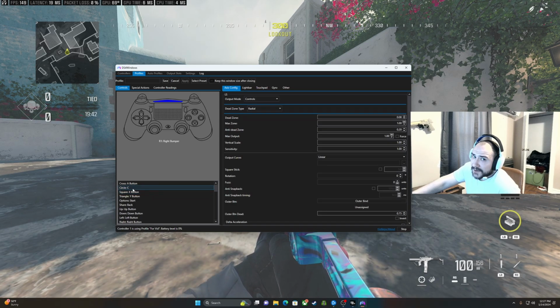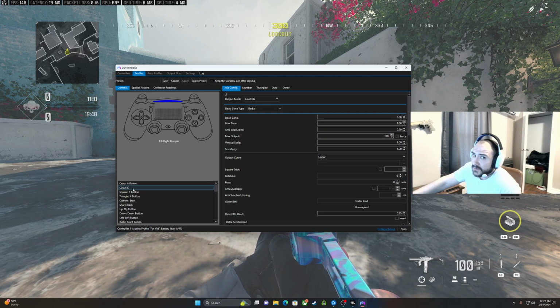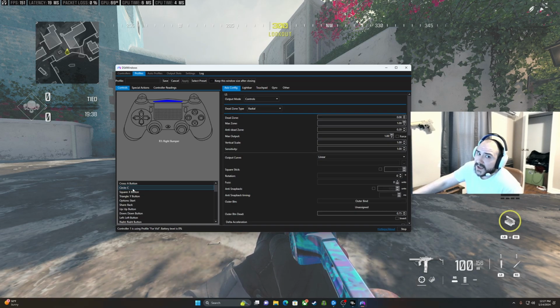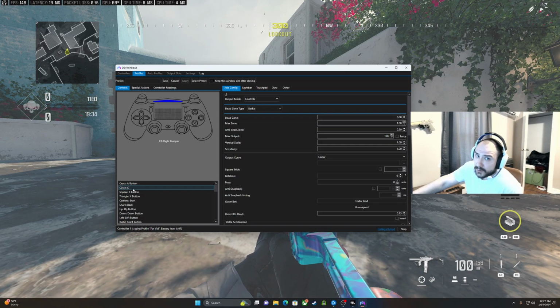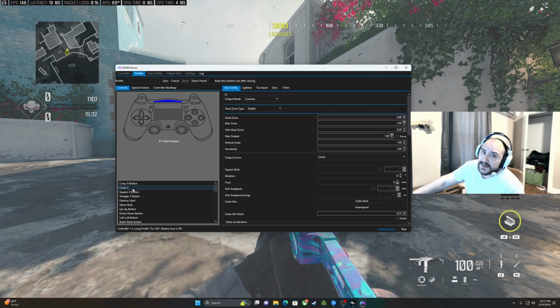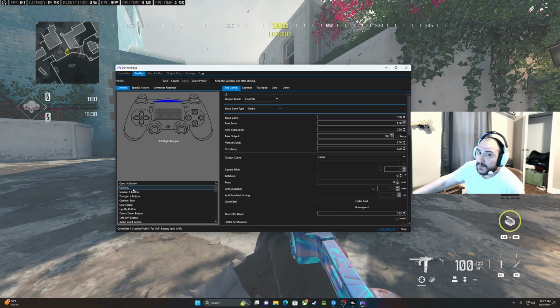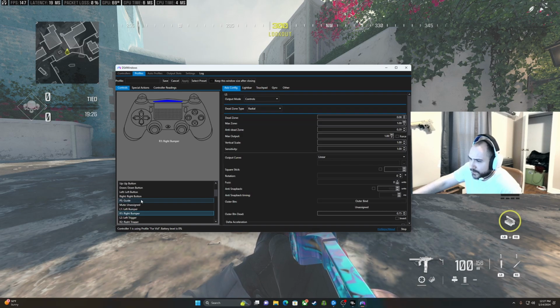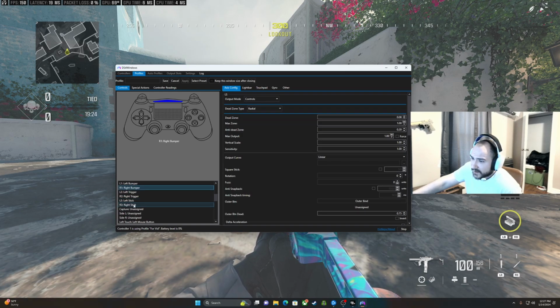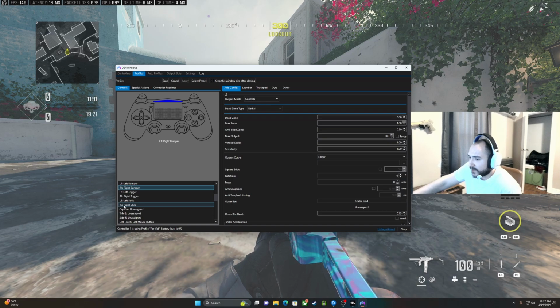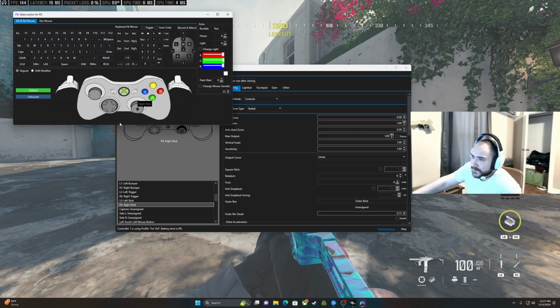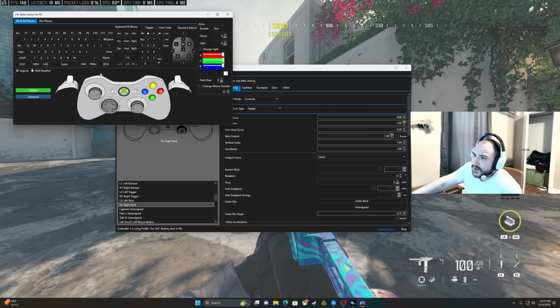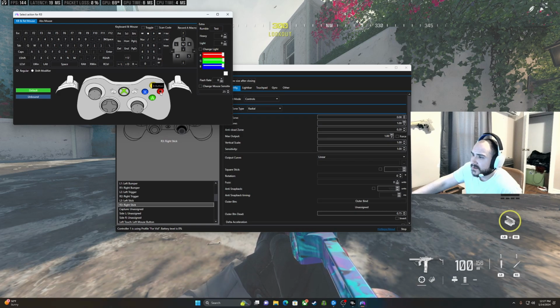We have to bind B back to something, because you still have to back out of menus, and you'll still need to crouch and prone so that you can hit drop shots and things like that. So we do need to bind B back. What I decided to bind B to was the right stick. So go down to R3, double click R3, and you want to change that to B